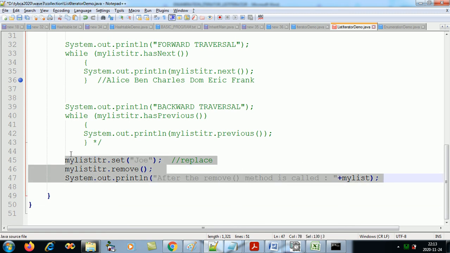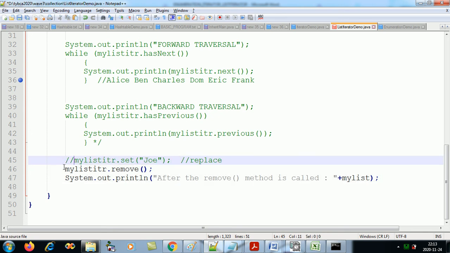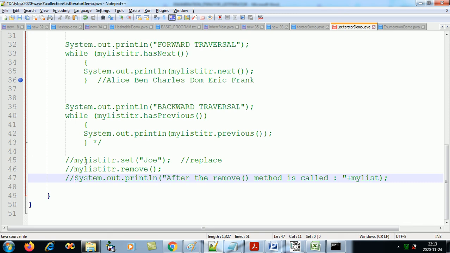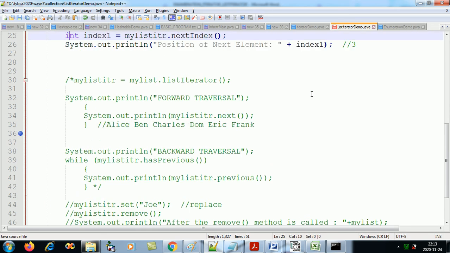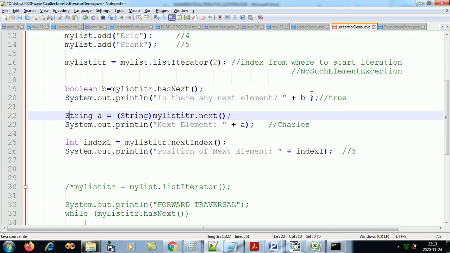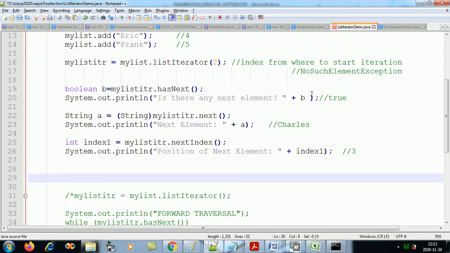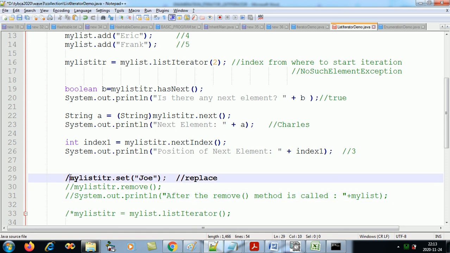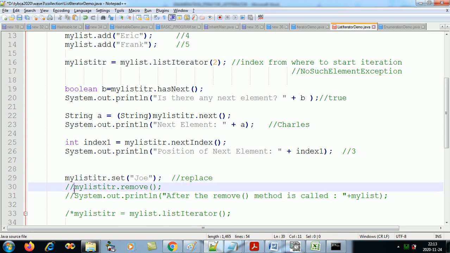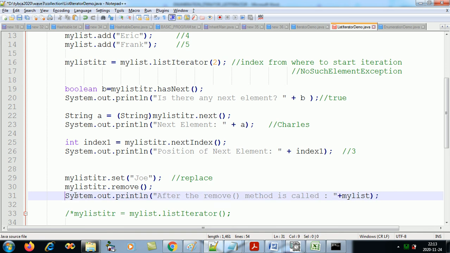Let's copy. Let's comment them also over here, and let's just copy them on top. So I want you all to tell me now what should be the expected output.